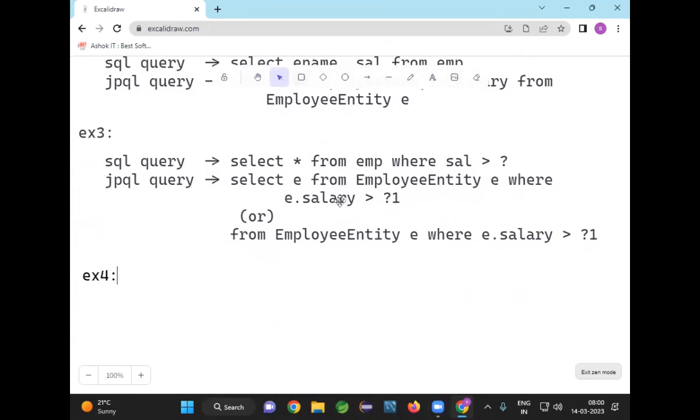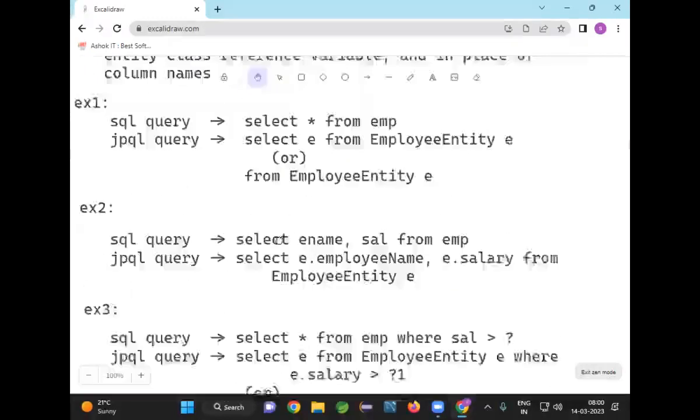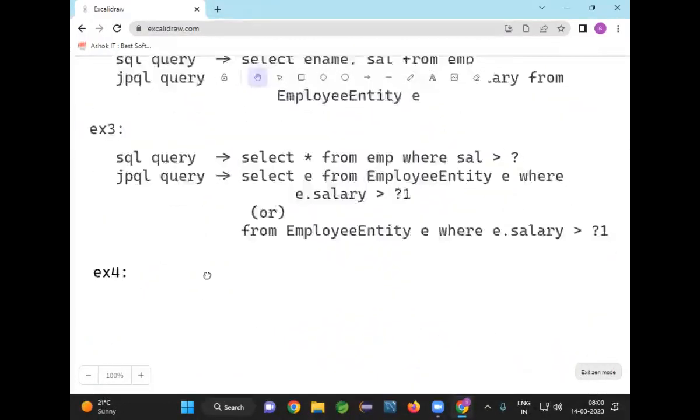In the previous session, we discussed writing some queries. We have written some queries, so we'll continue further to discuss other queries. When you are writing any JPQL query, JPQL queries look like SQL queries only. But one thing I can tell you now,